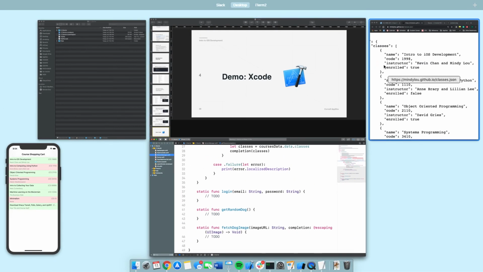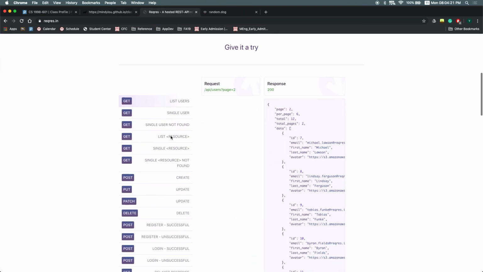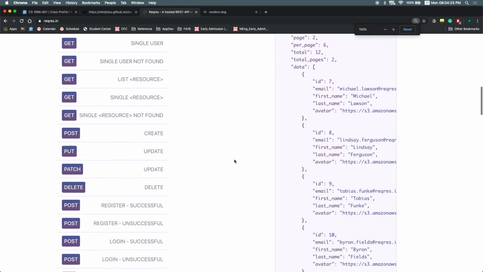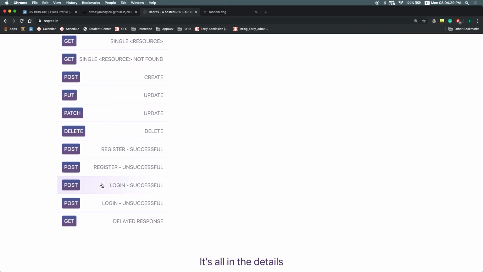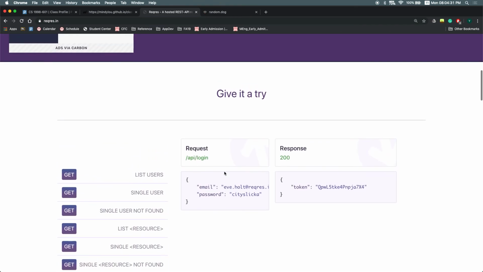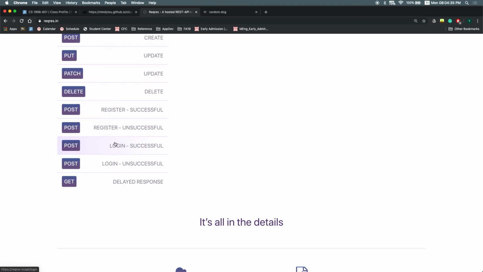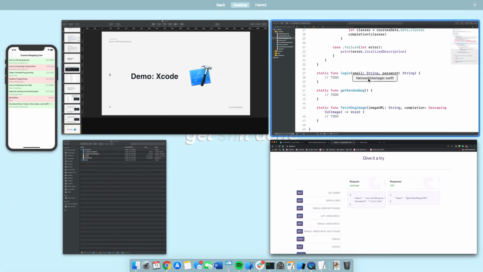So what we're going to use is this API. This is just an example API that's on the internet for you to test endpoints. And then the one we're going to use is a login. So we'll see over here, this is a POST request, and the parameters that it's expecting are an email and a password, and this is the response we'd get back if it was successful. So if we go back to login,